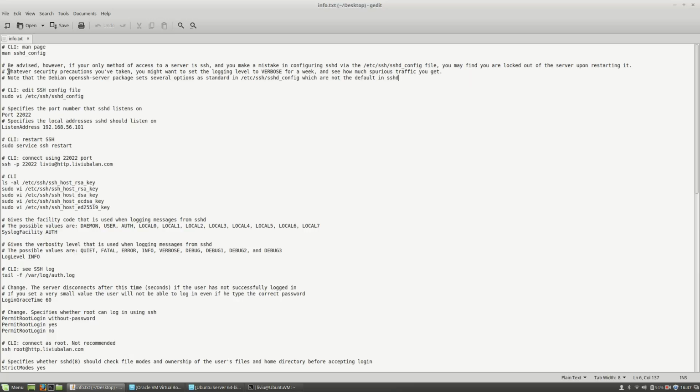The second sentence is, whatever security precaution you've taken, you might want to set the log level to verbose for a week and see how much spurious traffic you get. So what I want to say here is that even if you use firewalls, even if you use a strict authentication method or whatever,